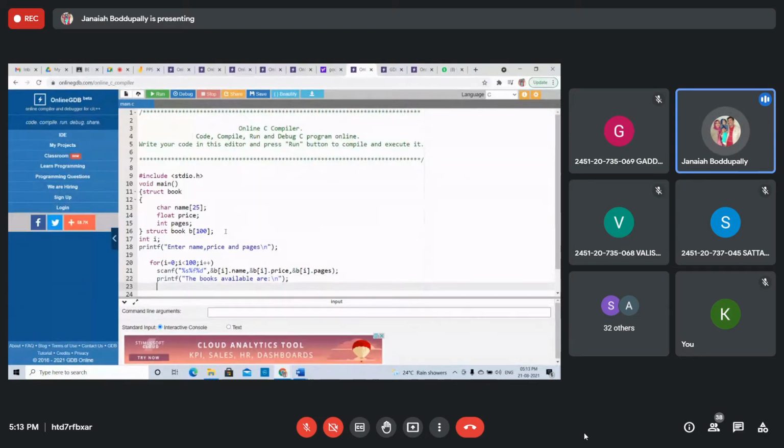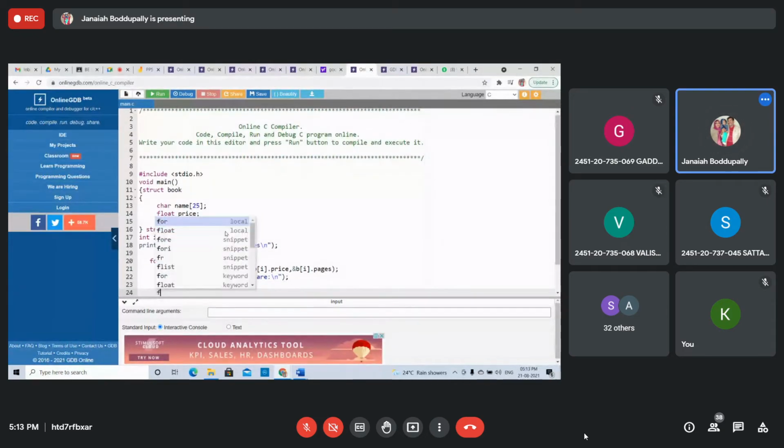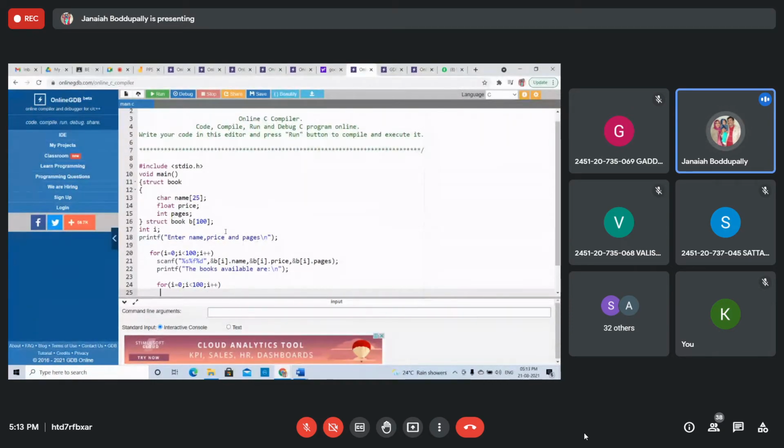How to display array elements? Same as before, for i equals 0, i less than 100, i plus plus. Now printf. Can anyone tell how to display?